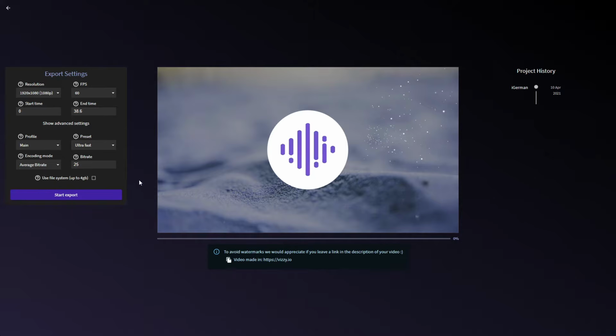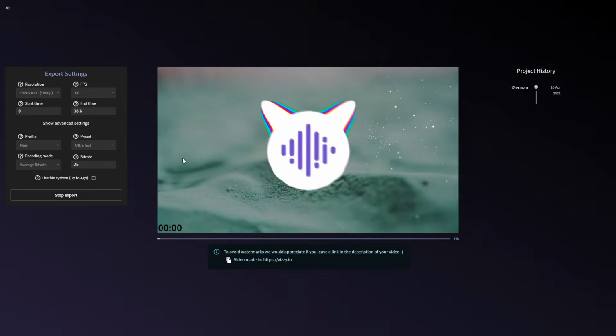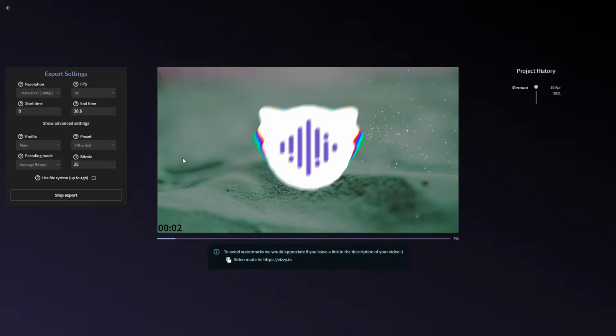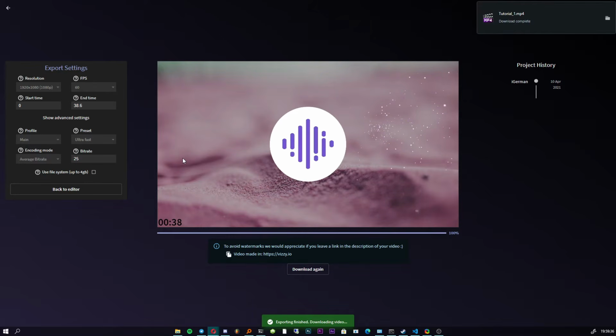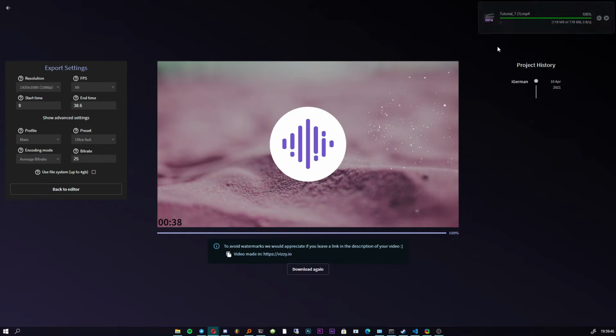So when you're done with all of this, you can start export, and it will just start rendering. So this is the real-time render speed, and you're seeing what I'm seeing right now, and it's really fast compared to Avi Player or After Effects. So now that it's done rendering, you can see it has downloaded the file automatically here. If it hasn't, you can click this button and it will download again. See? And I'll show you what the finished video file looks like.